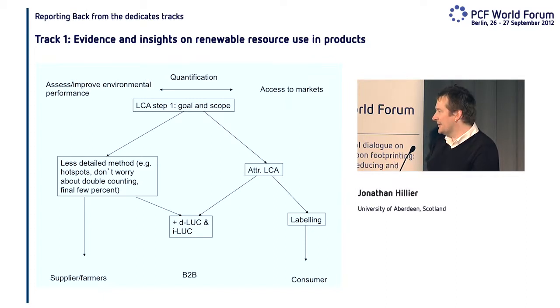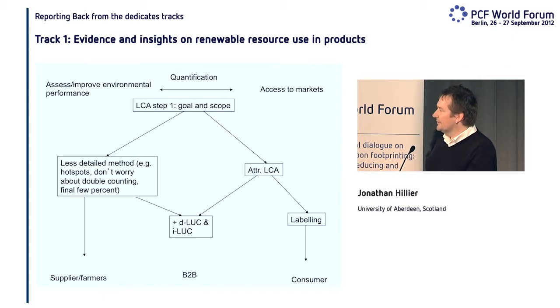On the other hand, is there any reason that for business-to-business communications or for the more informed people, we can't report, in addition to the numbers for the functional unit that we've decided, figures for estimated direct land use change and indirect land use change? And those would be, if you like, rigorous reporting methods. And are they absolutely necessary for assessment of sustainable practice?